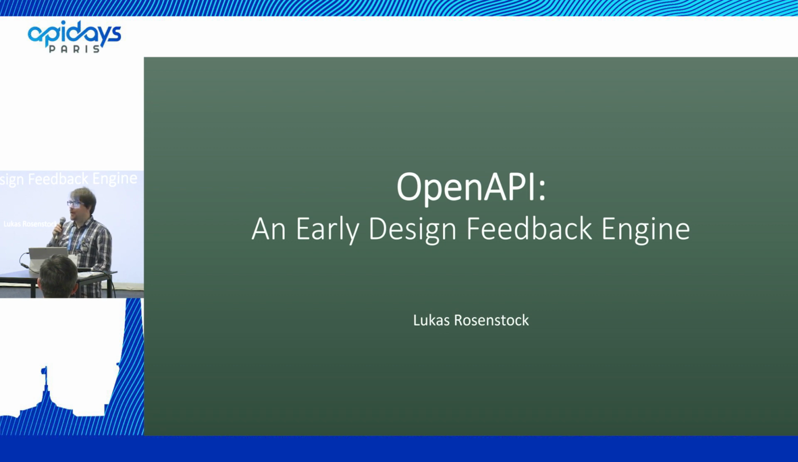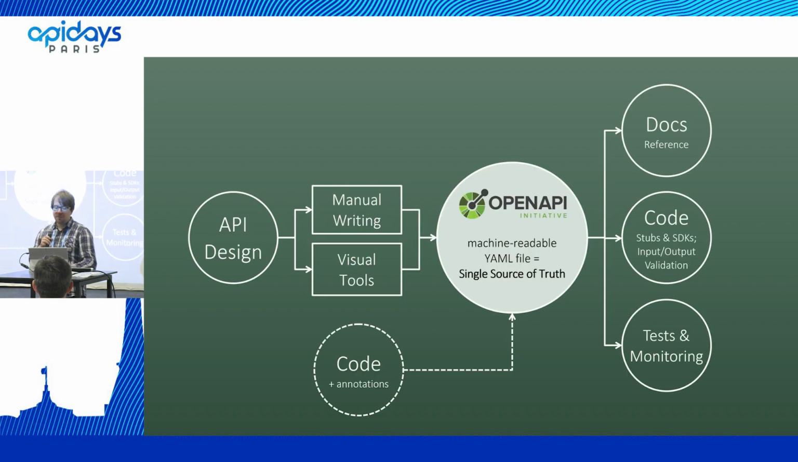So I don't want to go too much into detail about OpenAPI. We had a full conference track about OpenAPI yesterday. I will not talk about the format because this isn't really relevant. But I just want to quickly talk about what OpenAPI enables so that we're on the same page here with what we're doing. So OpenAPI is a machine-readable format for describing APIs, typically in a YAML file or in a JSON file. And that file is supposed to represent the single source of truth of what your API is supposed